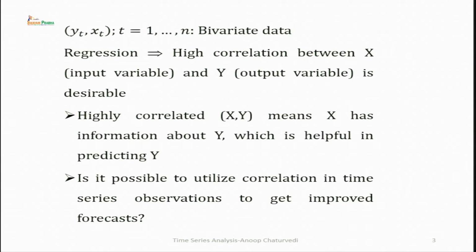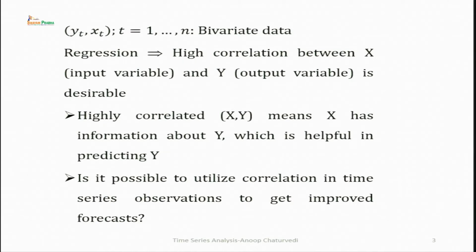If the correlation between input and output variables is high, then you say that your regression line is good, it provides a good fit. Or you can say that the regression is desirable,